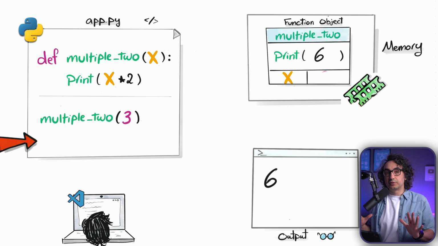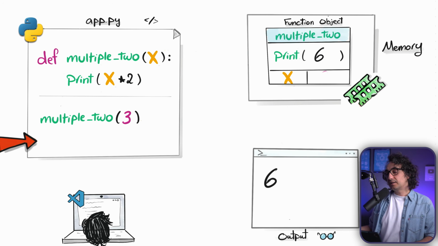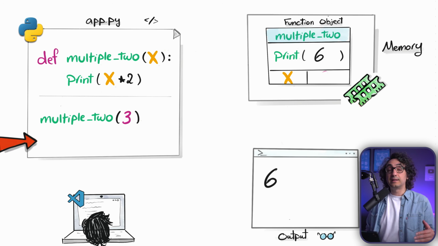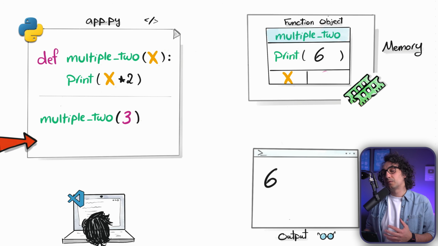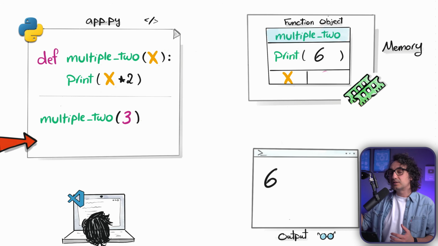All I want you to understand from here is that when the function is defined, the parameter is like a placeholder. It's empty, with no value inside it, and only when the function is called and executed, Python takes the argument value, assigns it to the parameter, so it is filling the placeholder, and then uses the whole thing as a local variable. And once the function finishes, everything disappears. So this is what happens behind the scenes once you start using parameters and arguments.